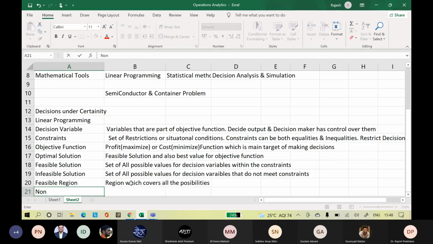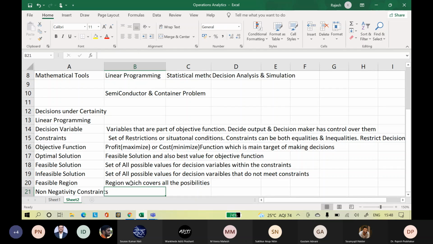The last one is non-negativity constraints. One of the biggest assumptions in linear programming is that variables must be greater than or equal to 0.